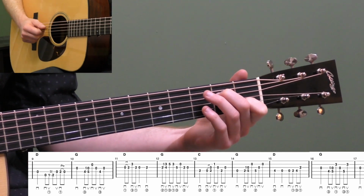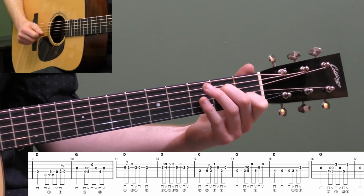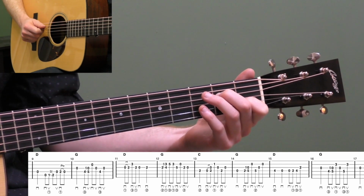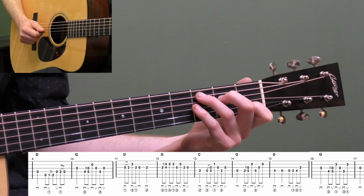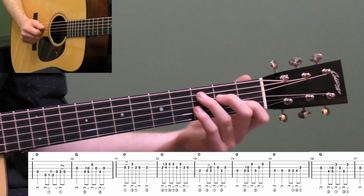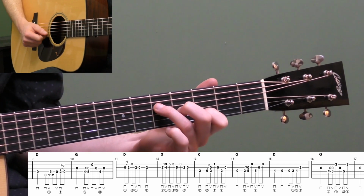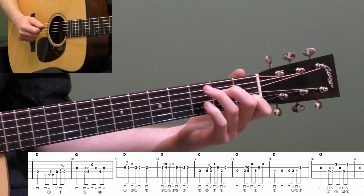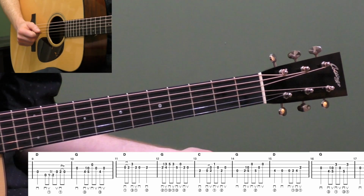And then right here we're going to just do an open 2 hammer-on and just change the picking slightly. Same idea. So we hit that 2nd fret and then open 2 hammer-on with picking. That's why it's so important to stay in position. If you get out of position, this song is a lot harder. If you think of them as positions, again, we slid from this G position, and now we're going into a C chord, and then our G again,